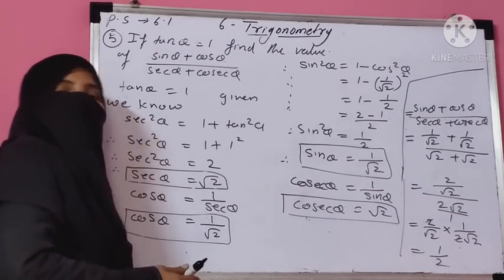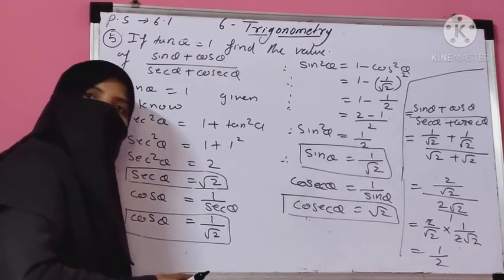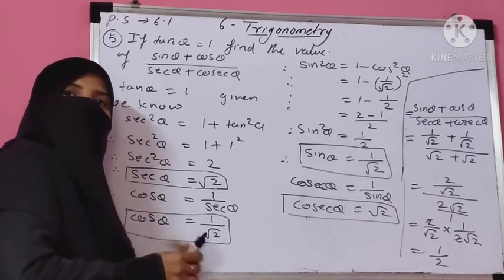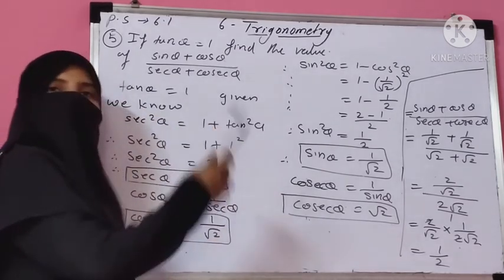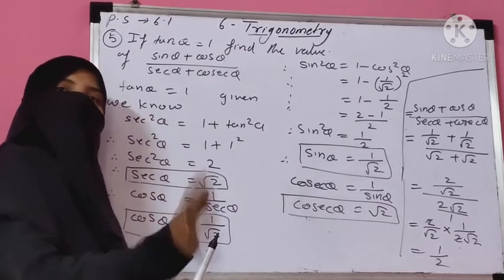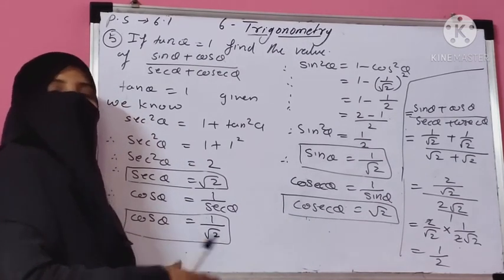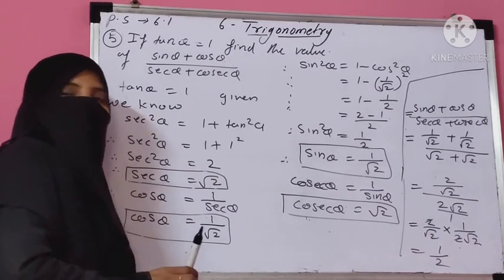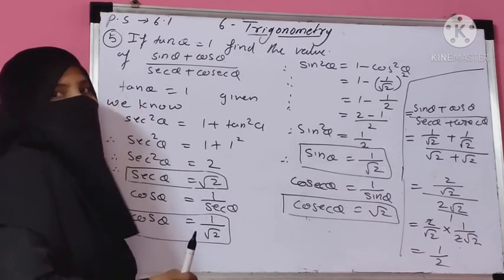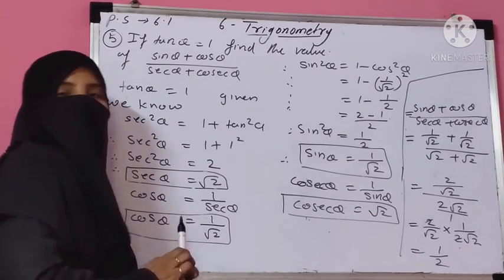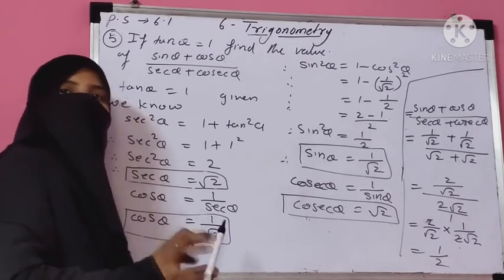Practice all the questions. As I told you, you can solve these questions by using the Pythagoras theorem, that method we used in 9th standard. You can use that method also. You can solve by identities also. Okay, both methods are correct. The method which you find easy, you can apply that method. Okay, practice all the questions. Write in a fair notebook. Prepare each and every question 2-3 times. It's not difficult. If you practice 2-3 times, then you will feel it's very easy.